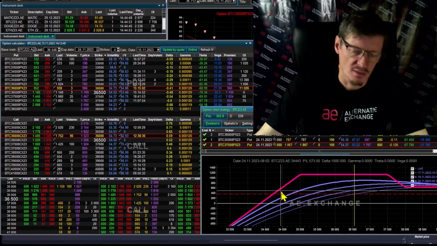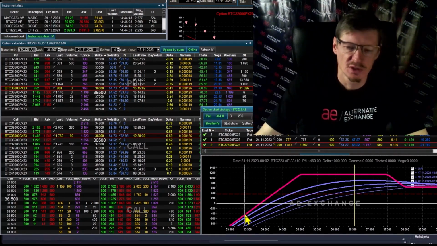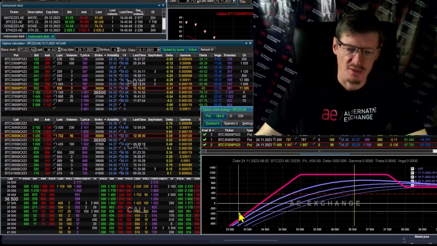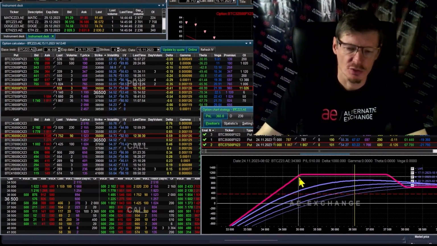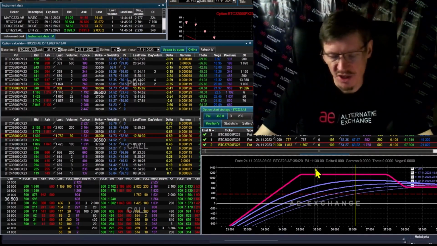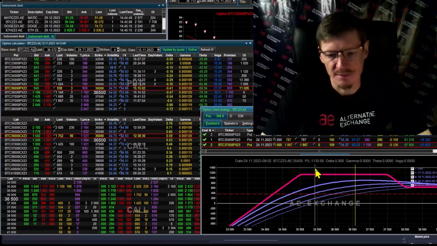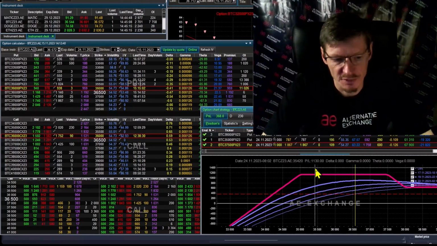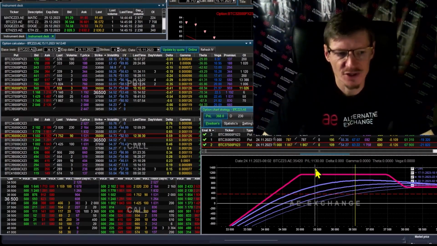For example, you trade Bitcoin options. Working with 1,000 options, you have a risk of 1 Bitcoin. If you trade Ether, 1 Ether is 100 contracts. Back to Bitcoin, if I trade not 1,000 contracts, but 100, I have a risk of 0.1 Bitcoin. It's always important to understand clearly how much risk we're taking on.